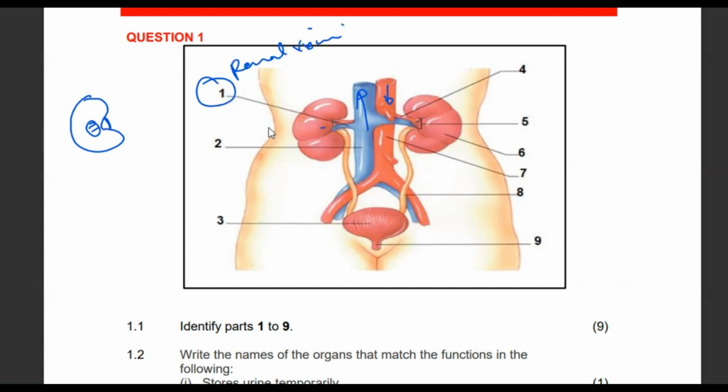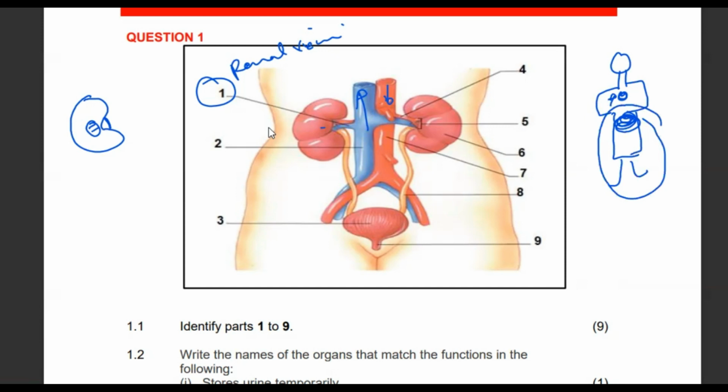If this is our body, the kidney is around here at the back. If it's around here at the back, it means that the heart is here. So the blood vessel which brings blood from all these parts to the heart